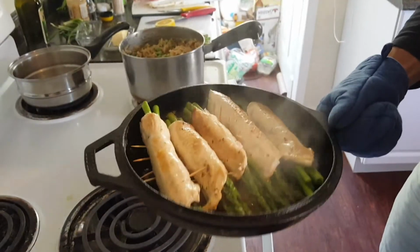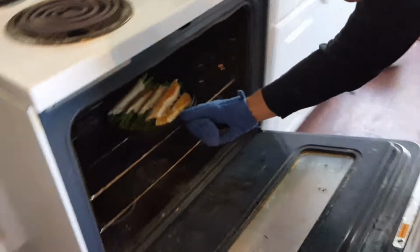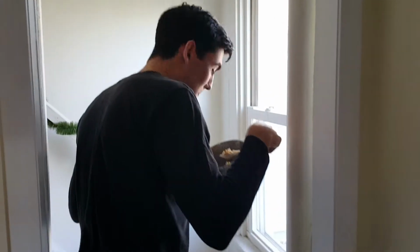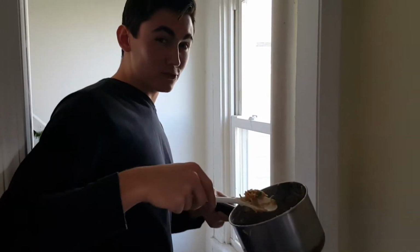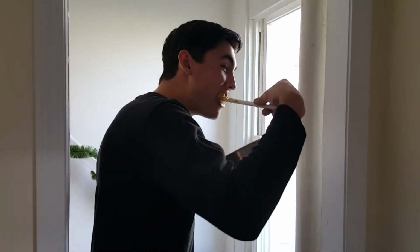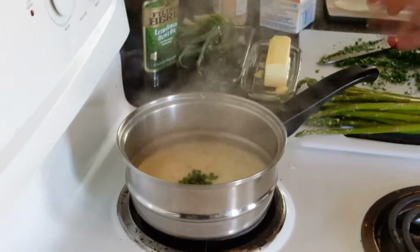So we're browned on the outside. I just added some lemon juice over the top of it. We're going to put this in the oven and just let it finish off cooking. Oh, I'm sorry. The orzo's finished. I like it, and I'm enjoying it. I'm just adding some parsley to our cream sauce in the back here, as well as our other dishes. Parsley just adds a nice brightness